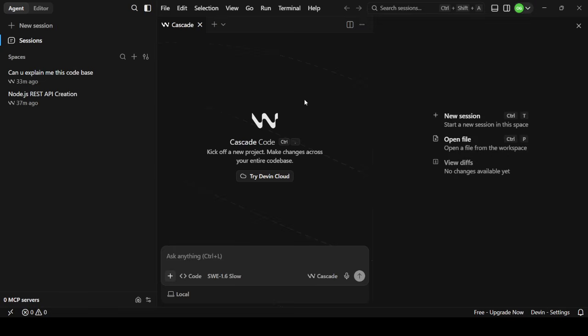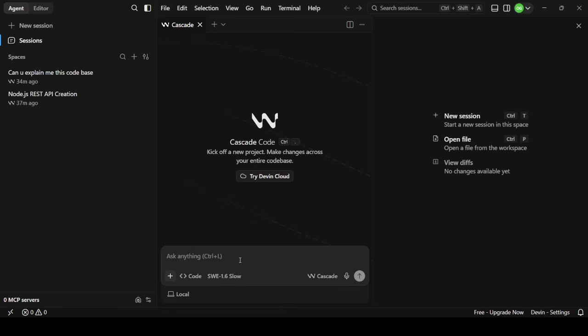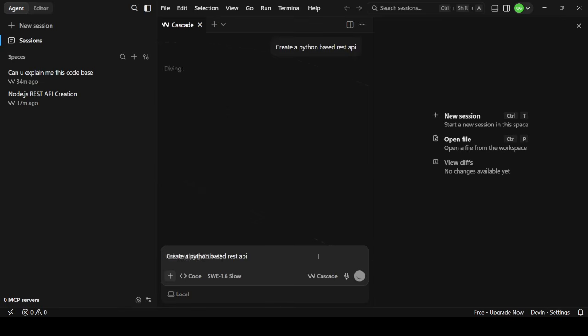Now you can see this UI, and you can open any code if you have. Now what I'm going to show you is that I will tell it to create a Python based REST API. I'll give this prompt and see if it works. So here you can see it's